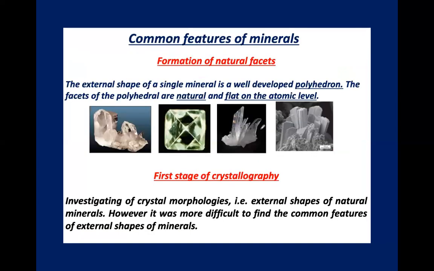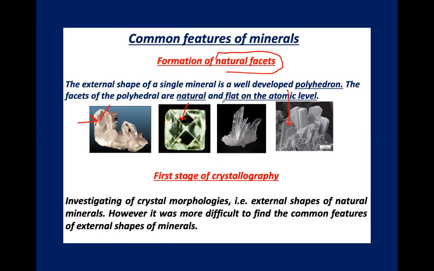And as common features of minerals, the crystals which compose minerals have natural facets. Natural facets mean the phases, the crystal phases. You can see these are facets, different types of facets,